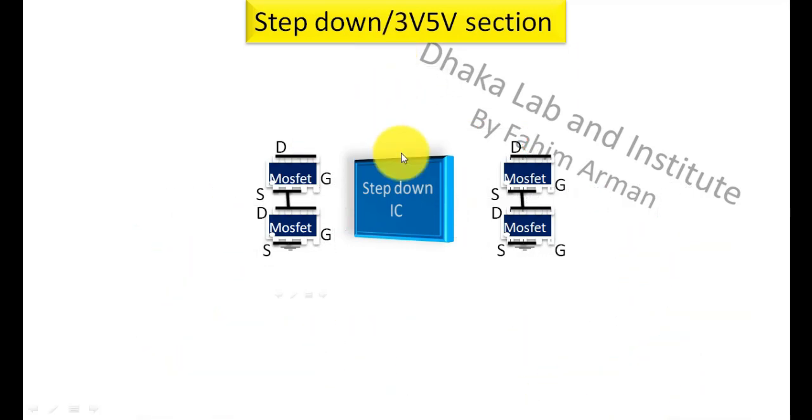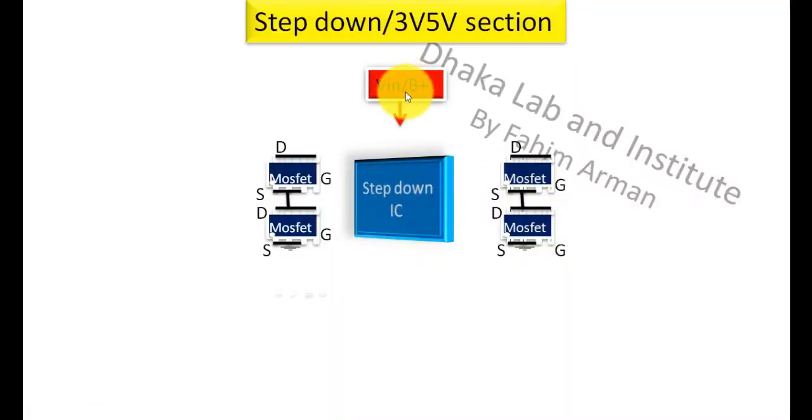Here we can see the step down IC, and this step down IC has been divided into two parts. This right part is for 3.3 volt switching, and this left side part is for 5 volt switching. Okay, so now I am discussing this. First of all,